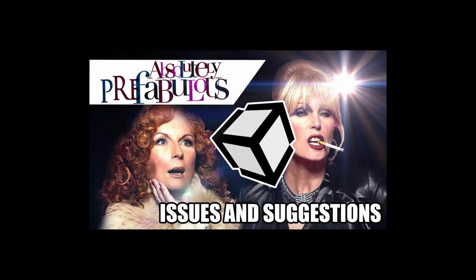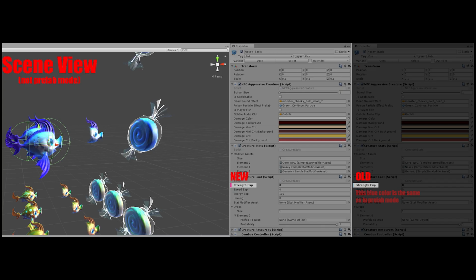Let's wrap up the tutorial section of this video by highlighting some issues regarding prefabs that are important to be aware of, as well as a few suggestions that I believe would greatly improve the overall experience of working in Unity. A unique color code if an adjustment is only affecting the scene object. This would help alleviate the